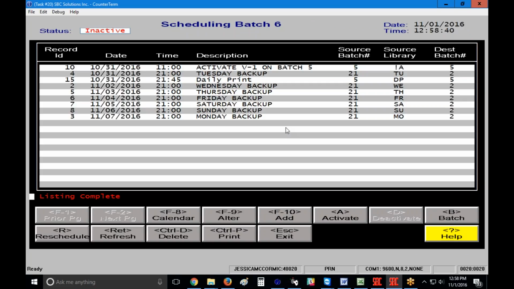The system tries to force your V2 batch, your scheduler, to come up active. However, if the first item in the list happens to be overdue, the system will not bring the scheduler active,